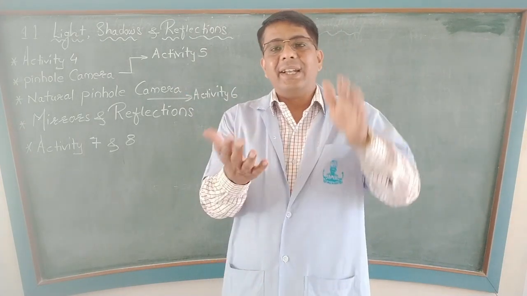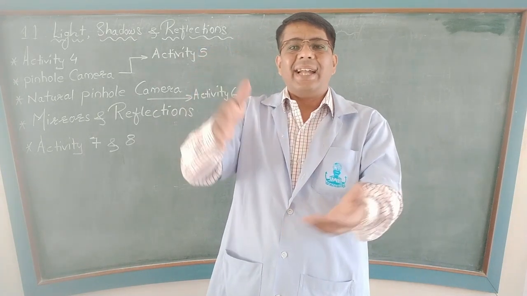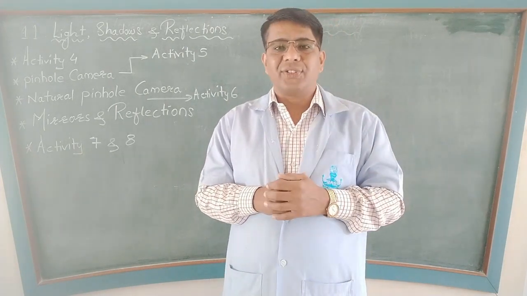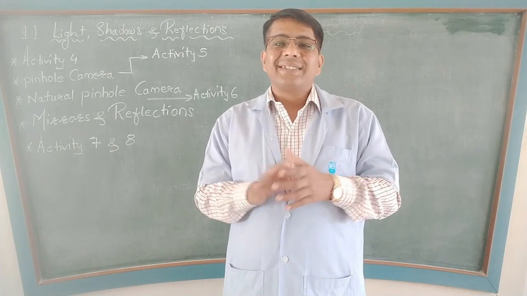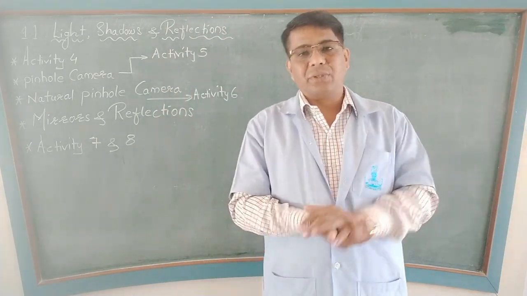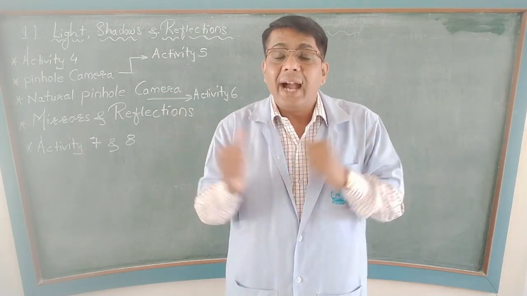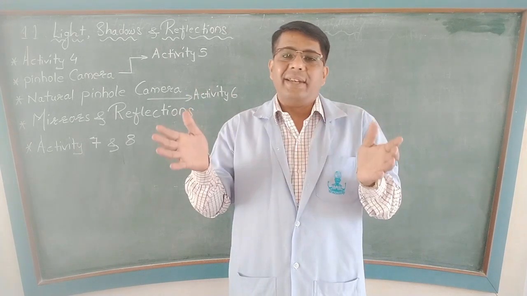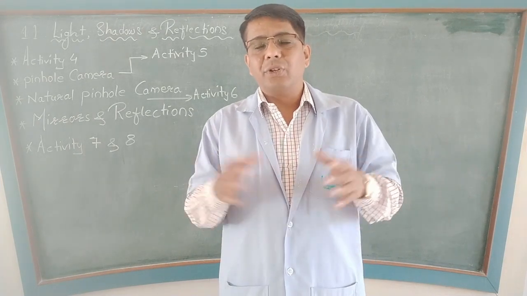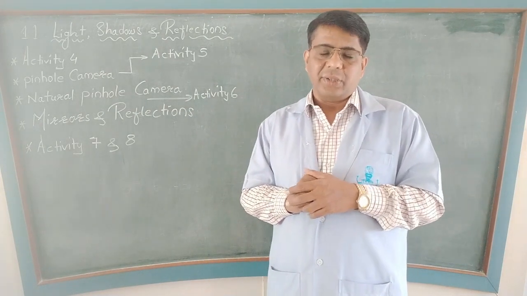So it's not fixed. Secondly, we have to take a rectangular notebook. Again you place it in sunlight and see the shadows form. You will find the differences there. Then again you take a rectangular box and place it with its shorter side and the longest side and see the shadows form. Now all this I have shown in the activity, you will come to know, and you will have an idea. Try to do this at home. And definitely your mother or father should be there, your brother or sister, elder brother or sister, you can do that under their supervision, no doubt about it.